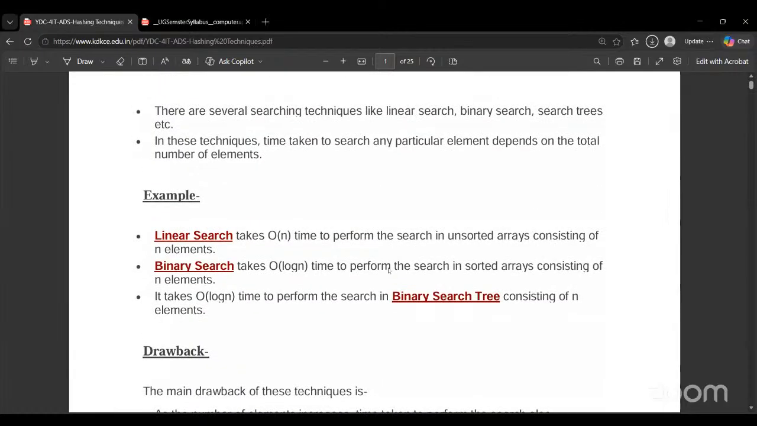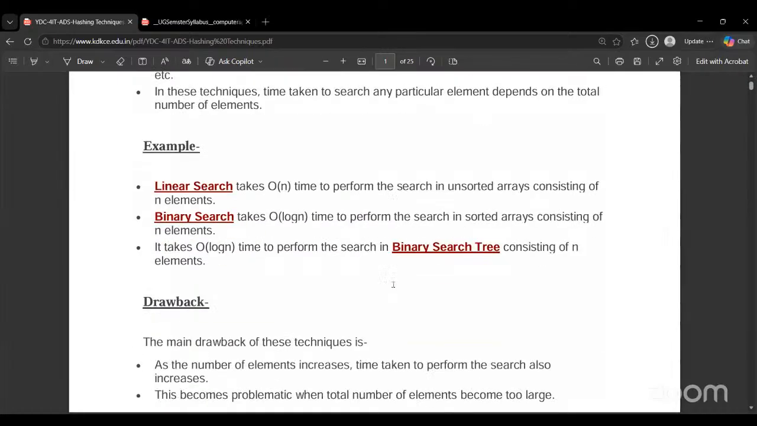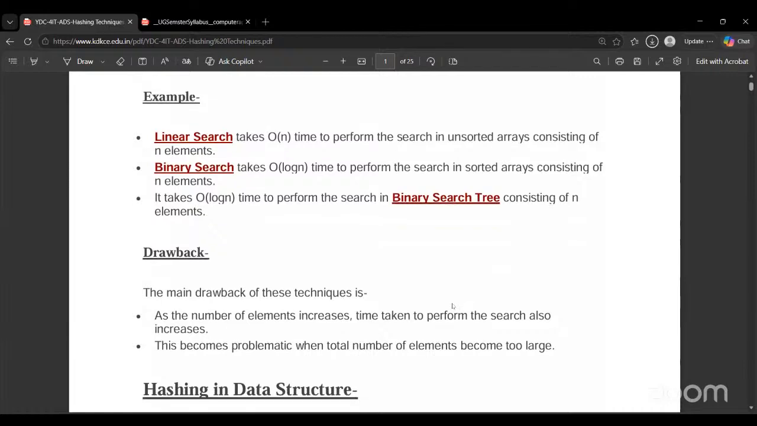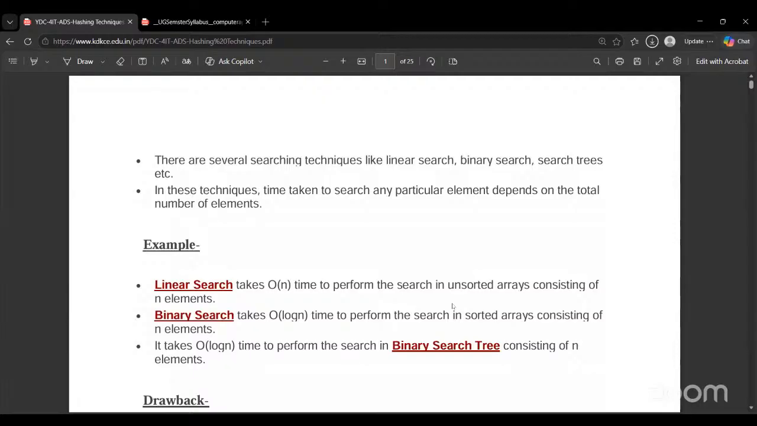Before coming to hashing, why we are going to discuss hashing? We have to discuss the drawbacks of the previous techniques, like linear search and binary search. Several searching techniques are there: linear search, binary search, search trees. These techniques, like linear search and binary search,